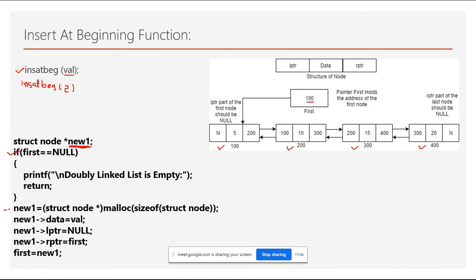If first is not null, then the computer will go to this particular line, and what it will do is create the new node, right? So here a new node will be created, and in that there will be 3 parts. This will be your RPTR part, this will be your LPTR, and this is the data part. Suppose the node is created at address 900, so obviously that 900 will be in your new pointer, because we know that whenever the malloc function creates a node for you, you actually get the address of that new node.